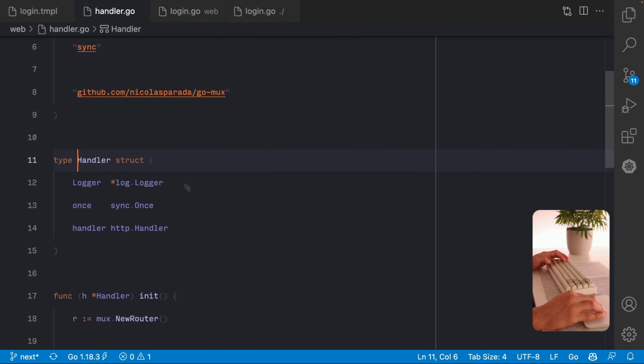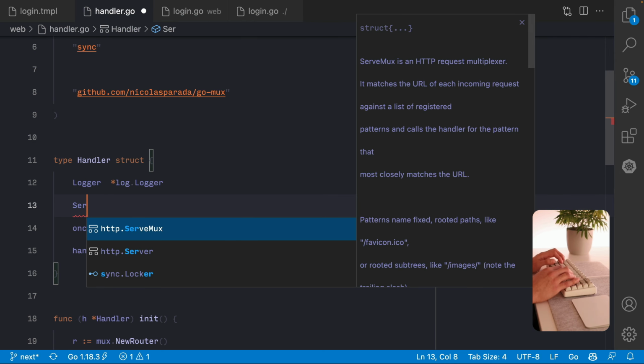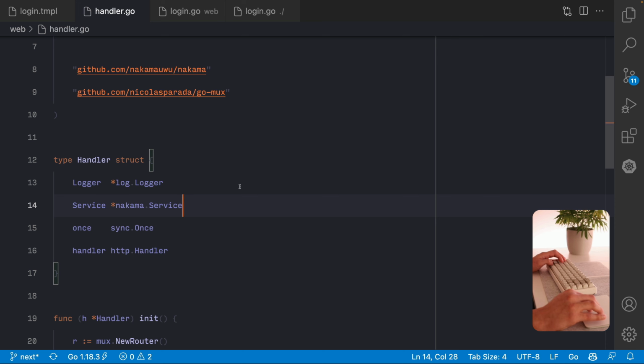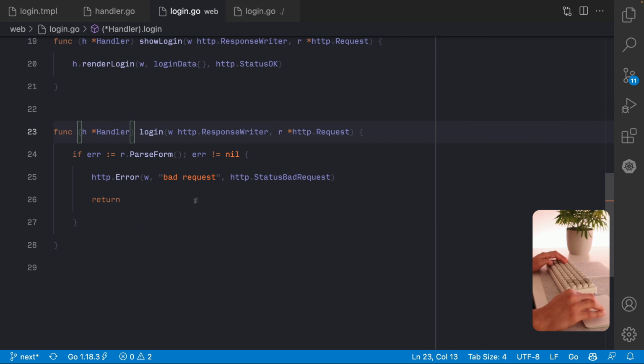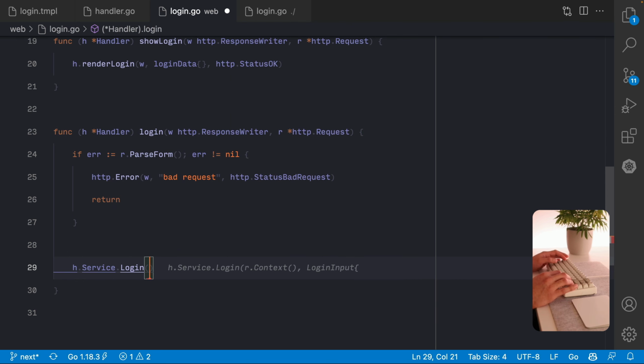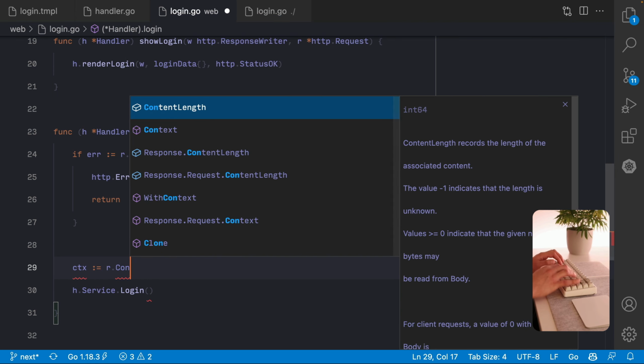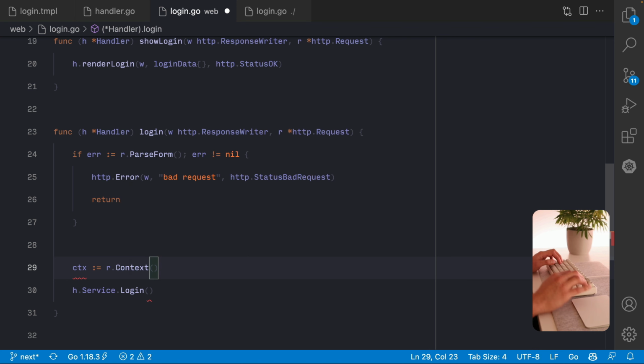And here at the handler's struct, we are gonna require the service. That's it. And now from the handler, we can call the login method on the service. To login, we need to pass a context and some parameters. We can take the context from the request, and the parameters can be taken from the form.